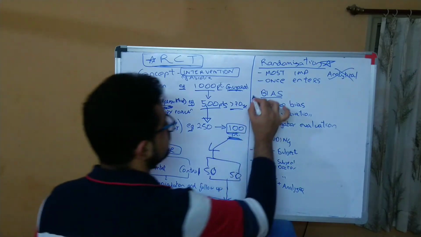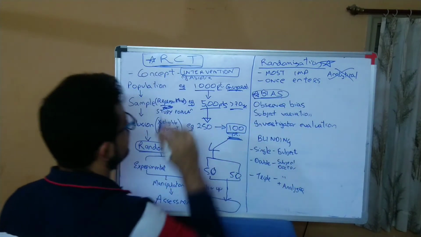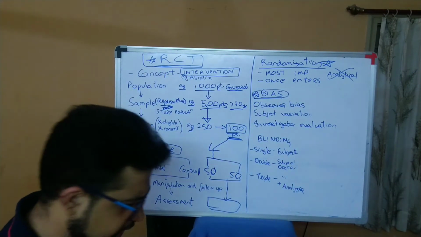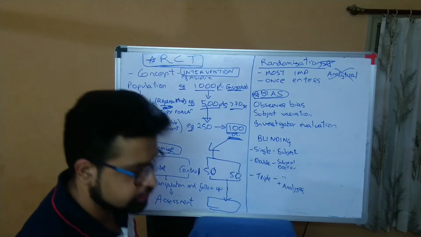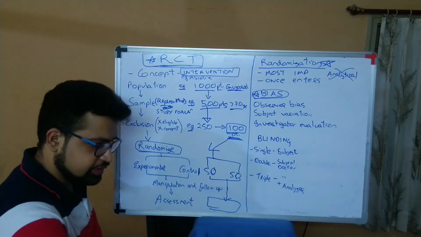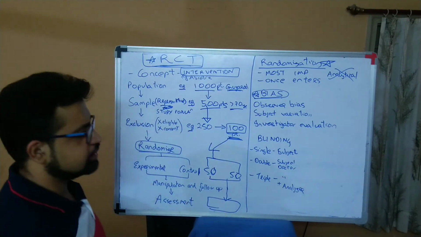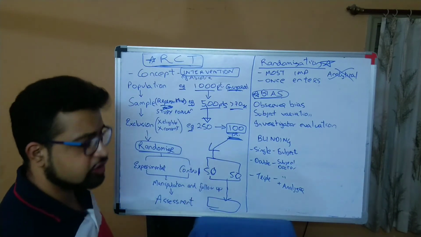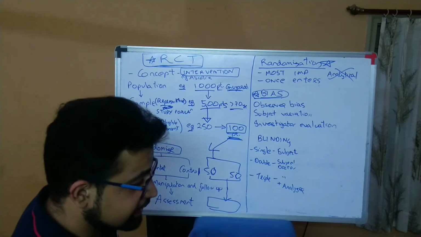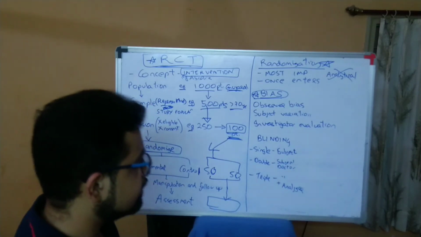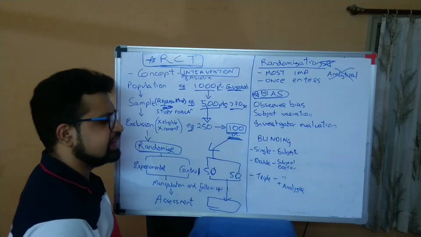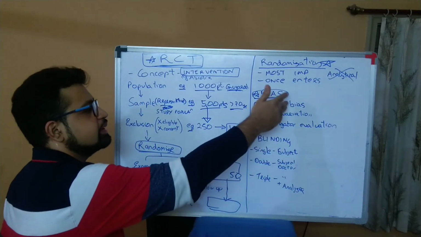And bias. Bias is a very important issue over here in randomized trials. Observer's bias, right? Let's suppose the observer in hand knows that these are the 50 patients, in two separate ICUs, who have been given amphotericin. While looking for the clinical features, the observer thinks that definitely they would have improved. So they get the bias.